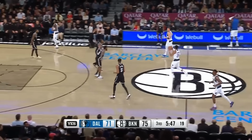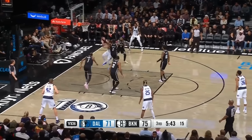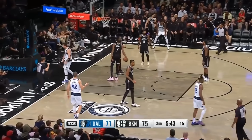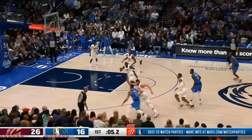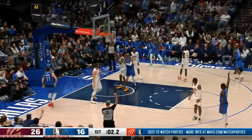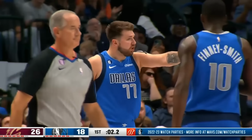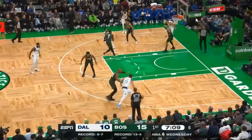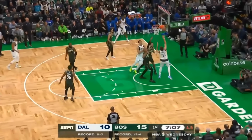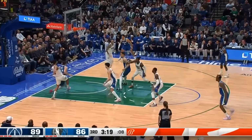The way Luka uses his body and constantly seeks out or plays through contact has turned him into a free throw machine. He's also got some tricks in his bag, like the way he uses up fakes to get defenders off their feet, and the way he can pretty egregiously sell even the smallest bit of contact. But say what you want about his shamelessness, because it works, and he's an elite foul drawer. Last year he got to the line 10.5 times a game,